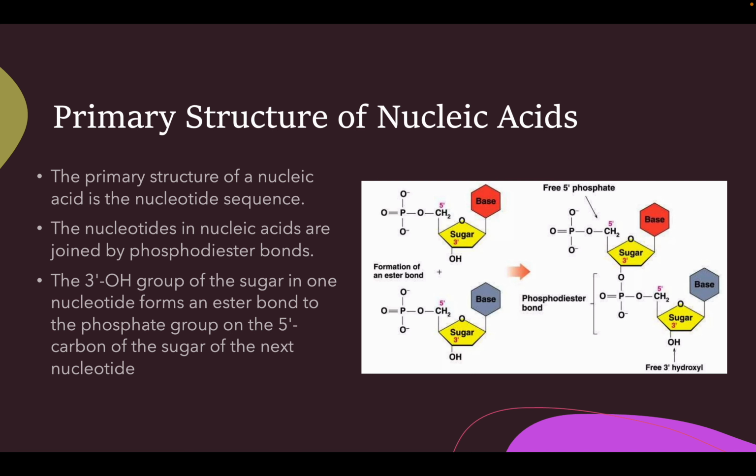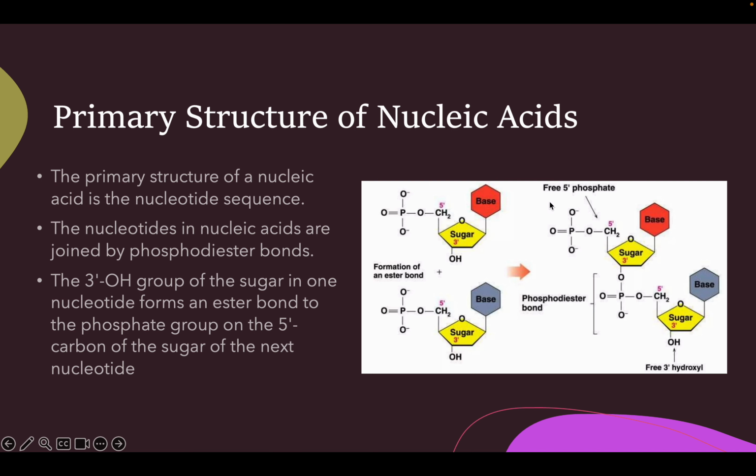How this happens is the phosphate group on the 5 carbon of the sugar forms an ester bond with the 3 carbon hydroxyl group. So here you can see this bond with the phosphate and the hydroxyl of the sugar, right? 5 carbon and the 3 carbon of the sugar, and it forms a diester bond,